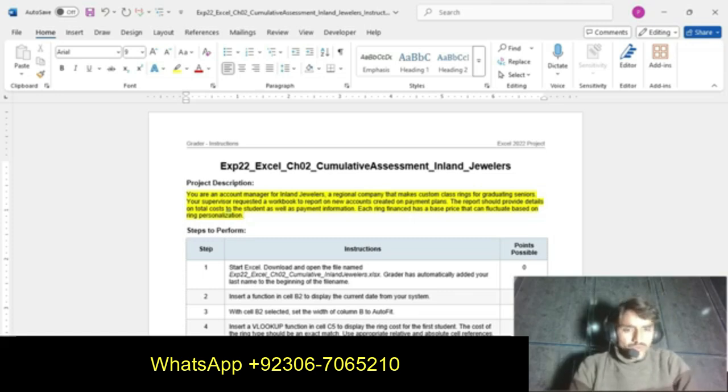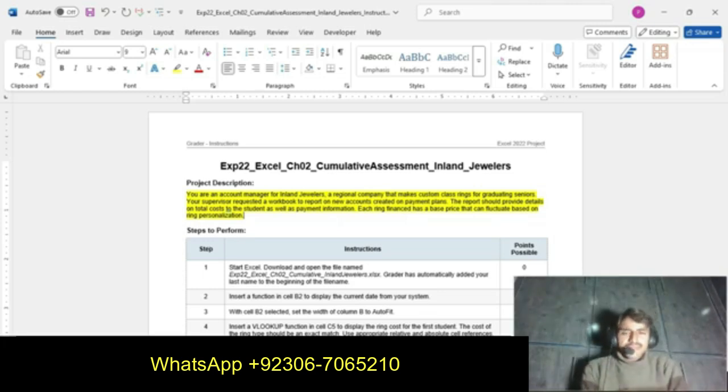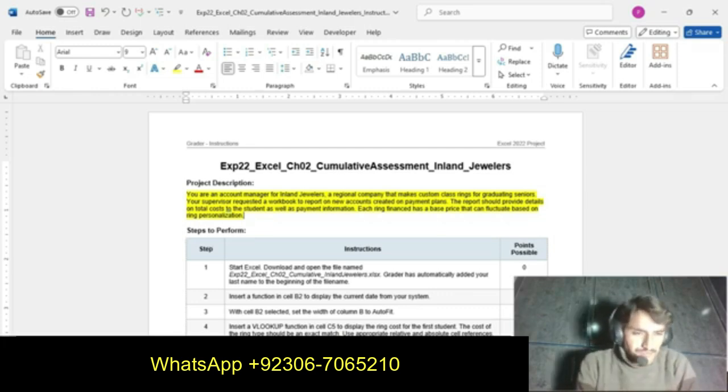The report should provide details of total cost to the student as well as payment information. Each ring is financed as a base price that can fluctuate based on ring personalization. So we get the idea of what we do in this assignment.